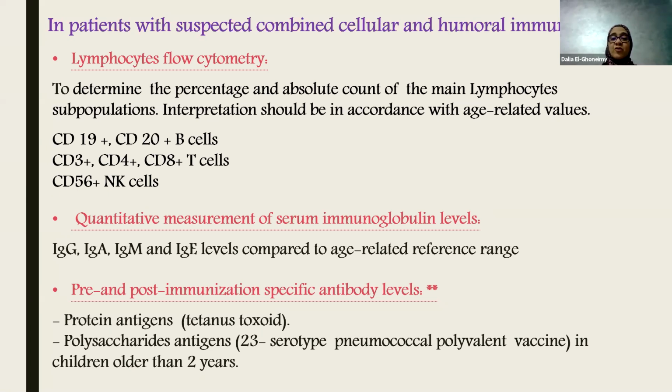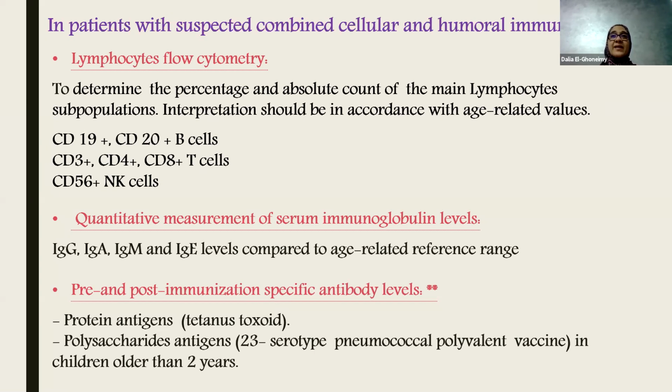And quantitative measurements of the serum immunoglobulin levels, including immunoglobulin G, A, M, and E, and all converted to age-related reference range. So coming to pre and post immunization specific antibody levels, I put 2 stars. Why? Because this investigation might delay the referral to the immunology specialist,